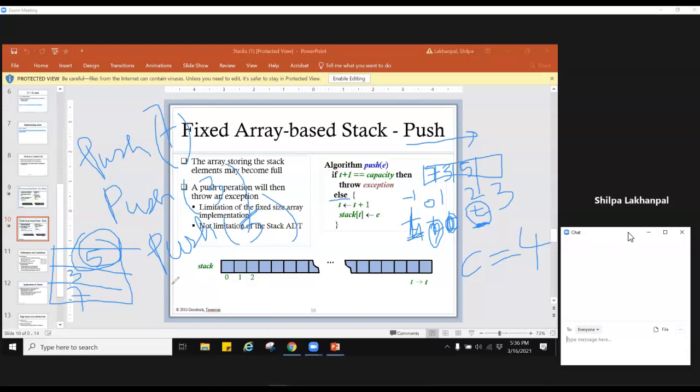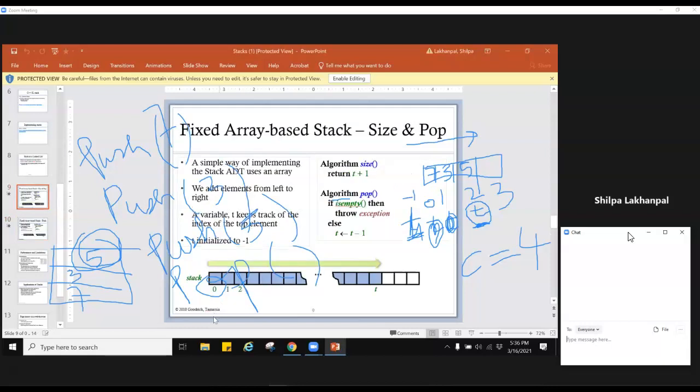But what if you want to now call a pop? So what does pop do? Simply see what the pop is doing. It's checking if the stack is empty, so you cannot pop from an empty stack. But in any other case, you're simply decrementing T. That means that currently, if a pop is called over here in my stack, all I have to do is decrement T by 1. So T moves to this 1 over here. And now basically that means that this 5 is removed from here. And now this is my T.